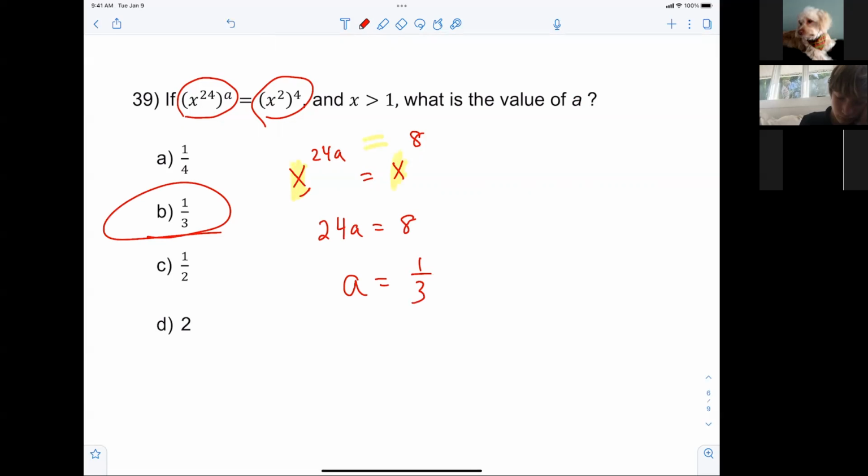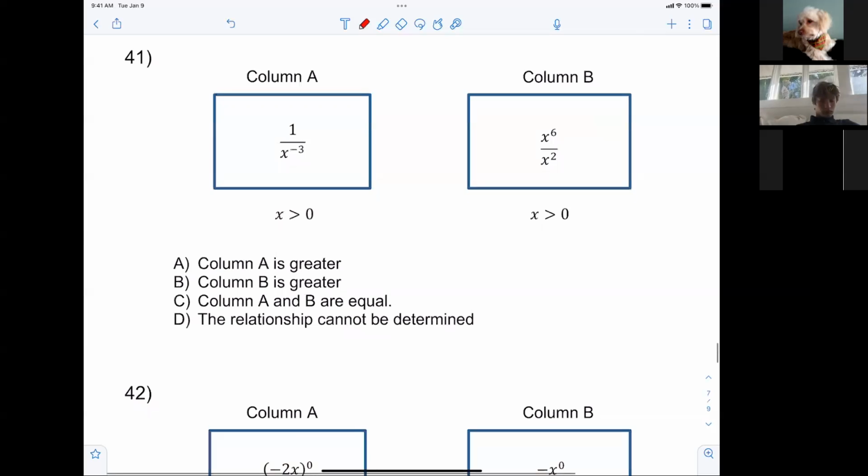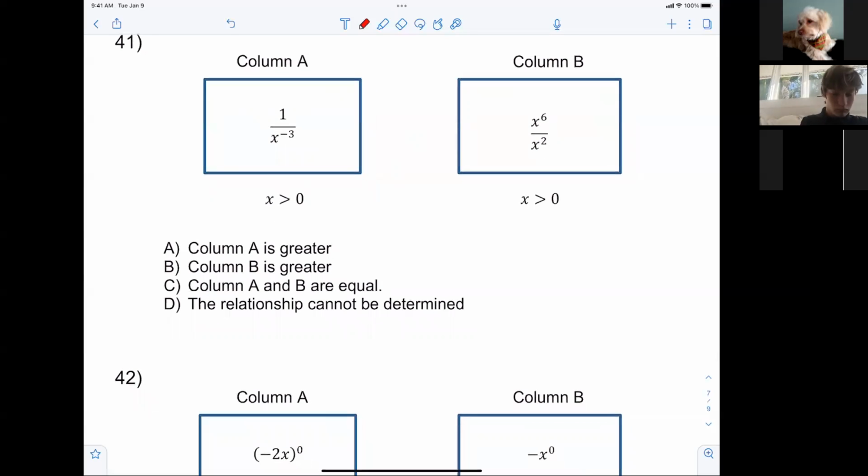All right, here we go, 41. What is this? X to the 1 over x to the -3 is what? What is it? X to the what? X to the third, right? Yeah. So this one over here is what? X to the fourth, right? So it appears as though what? Column B is greater, but